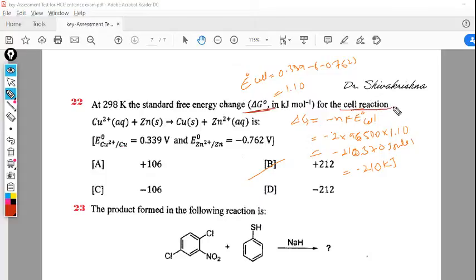Okay, so for a cell reaction, both the oxidation and reduction parts are given, and the E0 value we need to estimate. If you calculate that, then you can calculate the free energy. To calculate the E0 cell, the potential of the cell, you must sum. So the sum will be